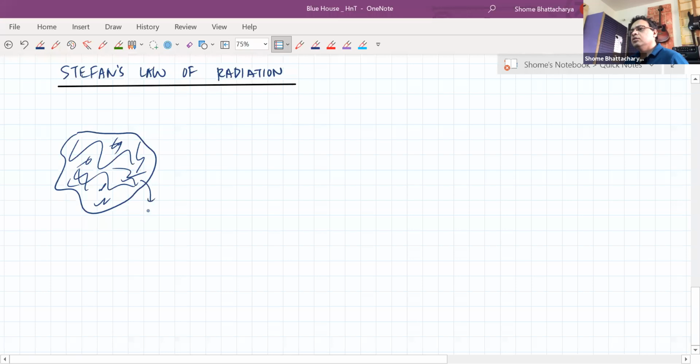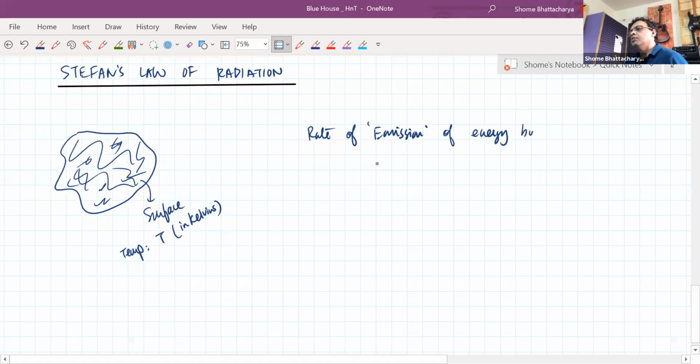So if a surface exists at temperature T, in kelvins, then the rate at which the surface is emitting energy by electromagnetic radiation